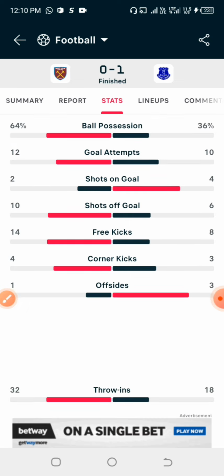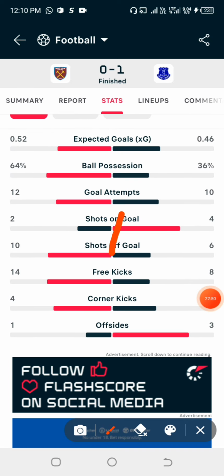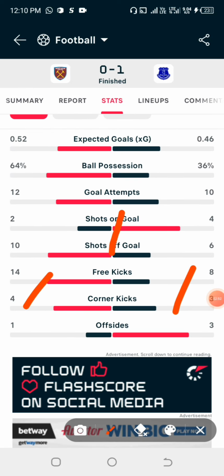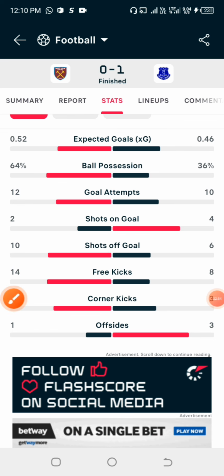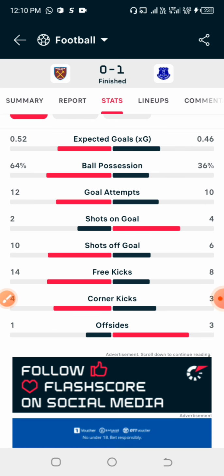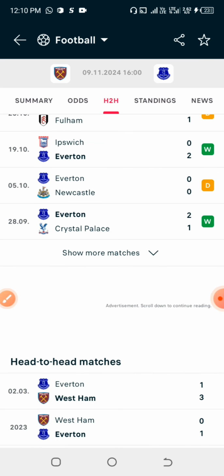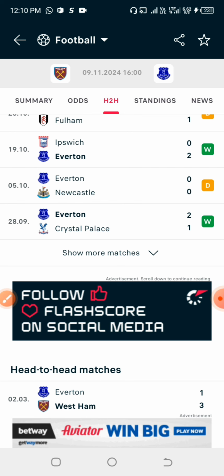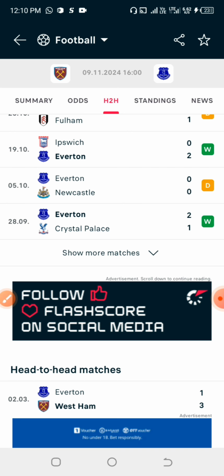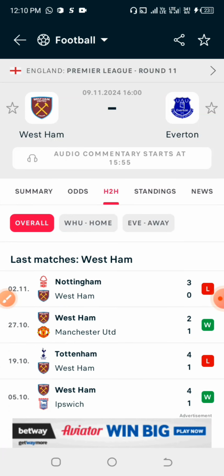Okay, in this particular match they had a total of 7 corners. What I'm concerned about is that if you look at the head to head against each other, they had a total of, okay, that should be 16 corners against each other. But my concern is that the only side that can make this particular corner count very low